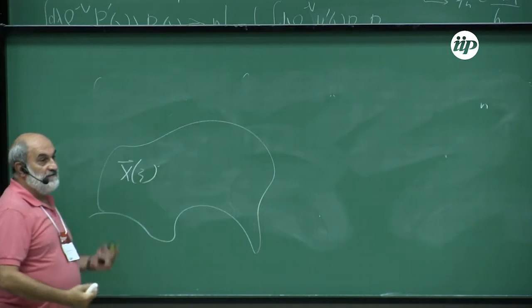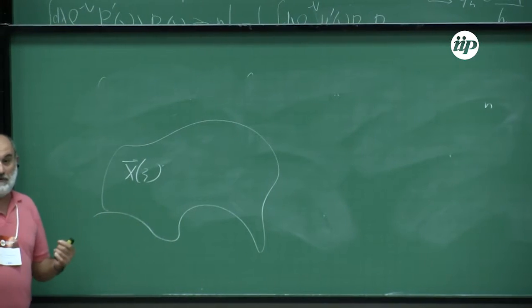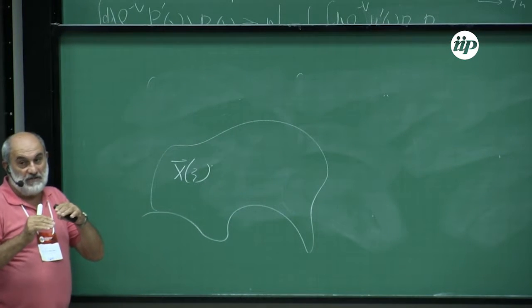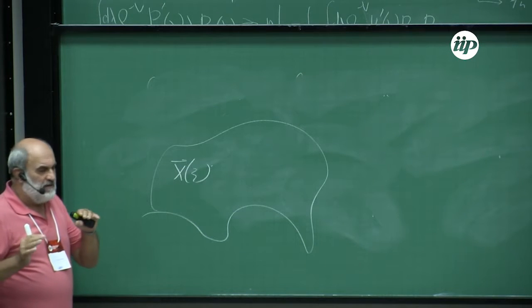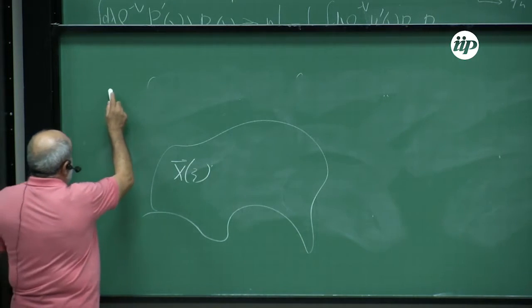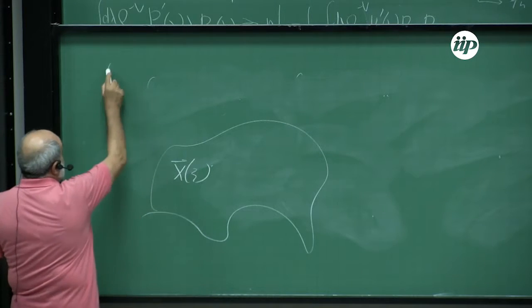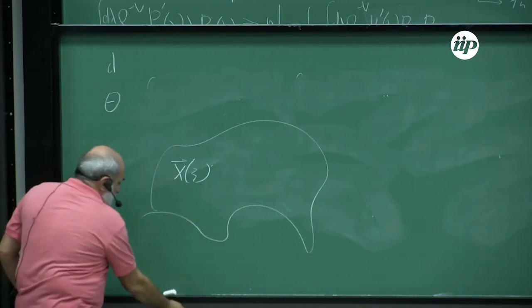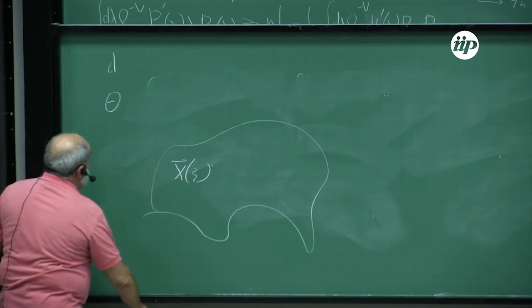So I'm considering d-dimensional fermions, not internal two-dimensional fermions, but Green-Schwarz fermions, external fermions theta, which are d-dimensional on this random surface with the action